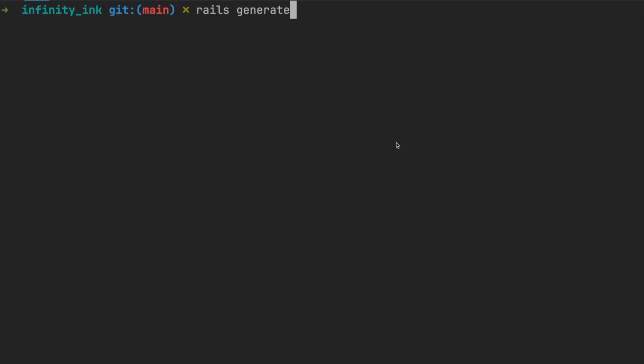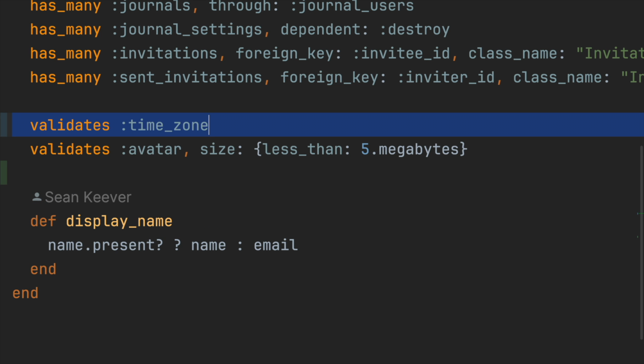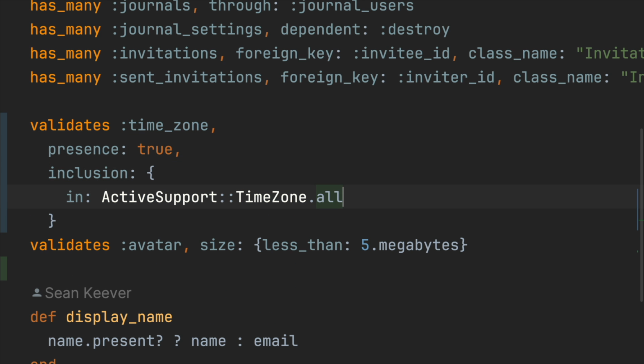In this video, I'm going to show you guys some tricks on how to set the user's time zone in a Rails application. First, we're going to generate and run a migration to add time zone to the user's table. Then we'll add some validations to ensure the time zone is present and that it is stored in the correct